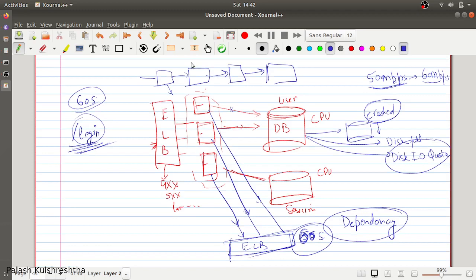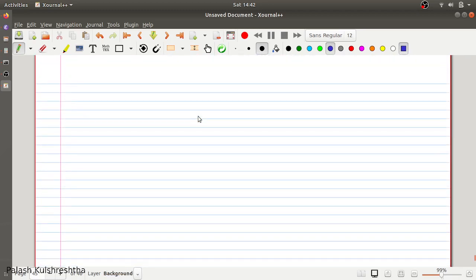So another type of debugging challenge that you can get is that wrong data is being stamped. Now, what does it mean?